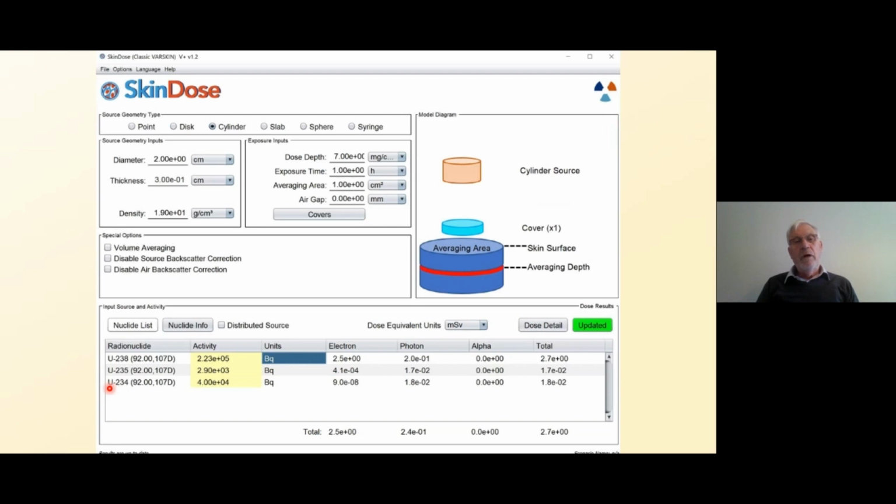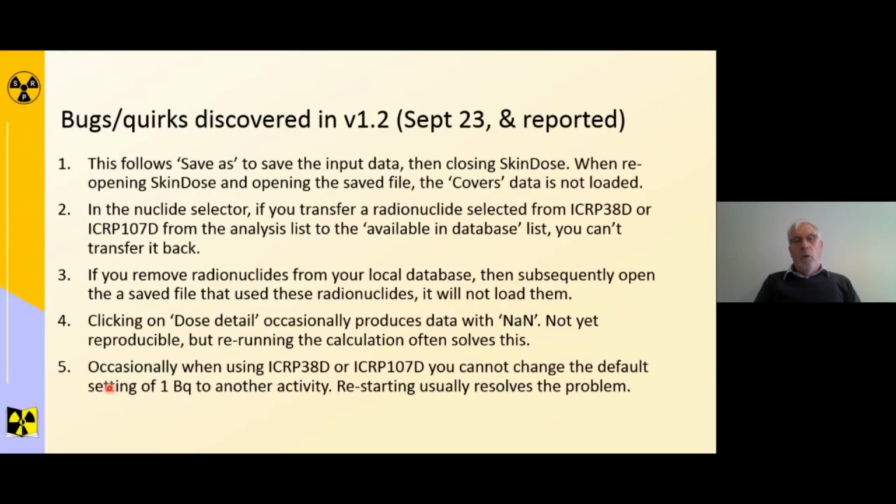So there's an example of using something that's not strictly contamination, but you'll want to work out the dose and dose rate from holding something, perhaps to justify a procedure. Now for the quirks we've found so far. We have reported these, and some of these are long-standing and a bit irritating, but there are workarounds. There's a feature in Varskin that once you've done the modelling, you can save it, so